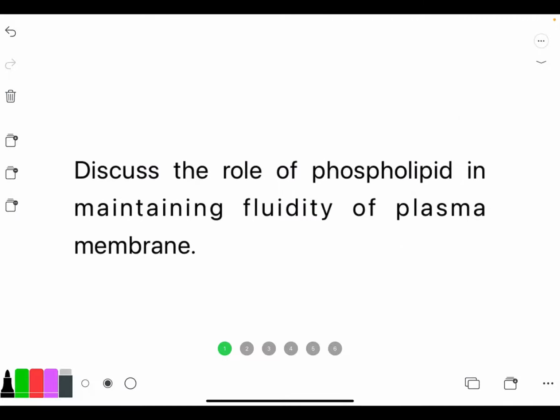Today's question is: discuss the role of phospholipids in maintaining the fluidity of the plasma membrane. Okay, so basically how the plasma membrane works. That is what I'll have to discuss, and what is the role of phospholipid in it. So as we know, the current model that is accepted is the fluid mosaic